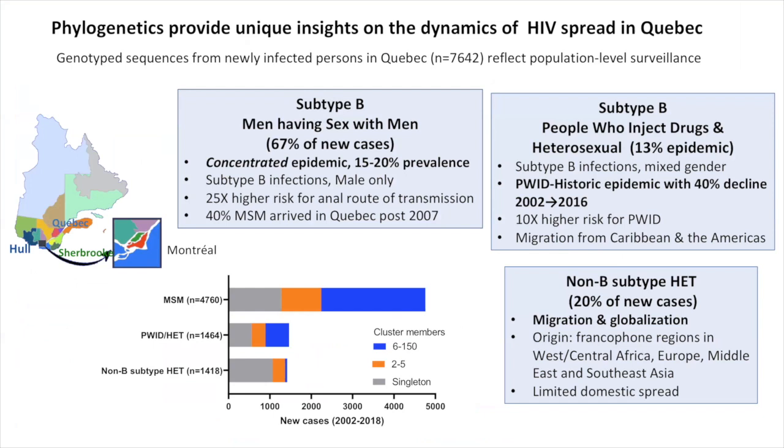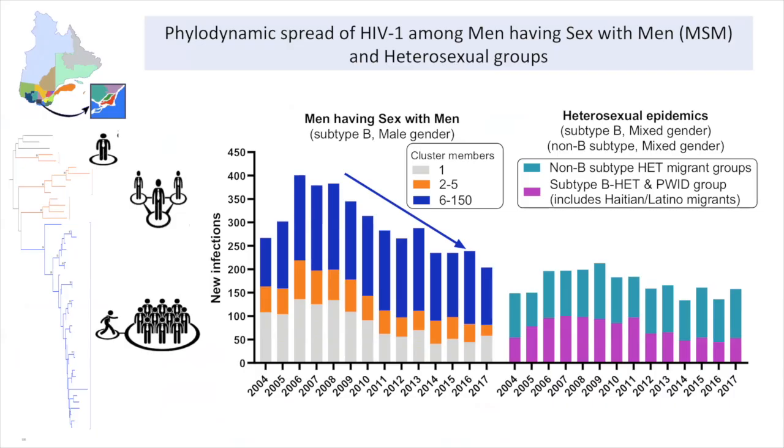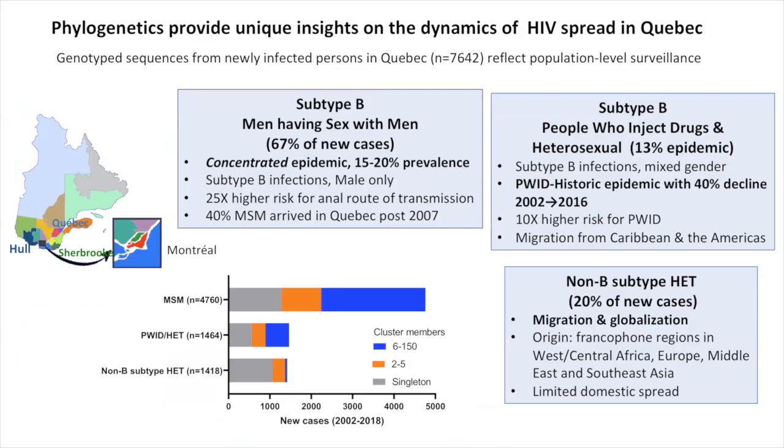The HIV epidemic in Quebec began in the early 1980s, seeded among men who have sex with men, and it led to a concentrated epidemic with a 15 to 20% prevalence of HIV in the province today among MSM. It is a subtype B infection, and there are high rates of clustering of the epidemic among members of the gay community due to the higher risks for anal route of transmission. 40% of MSM have